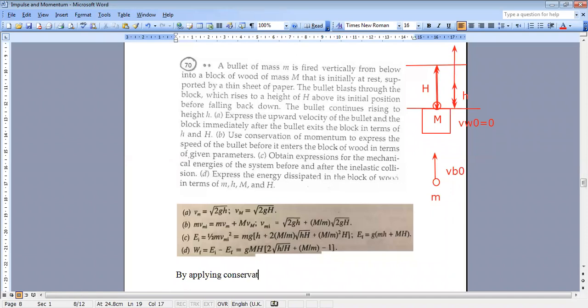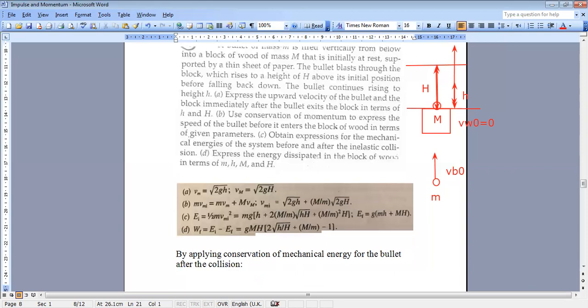Conservation of mechanical energy says the kinetic energy plus the potential energy at the state just after the collision